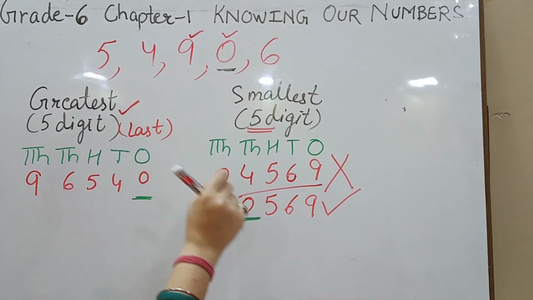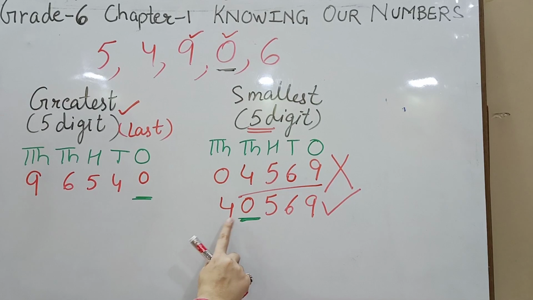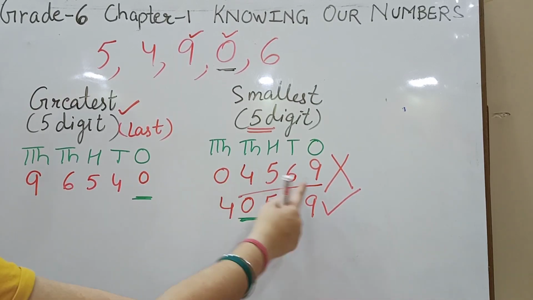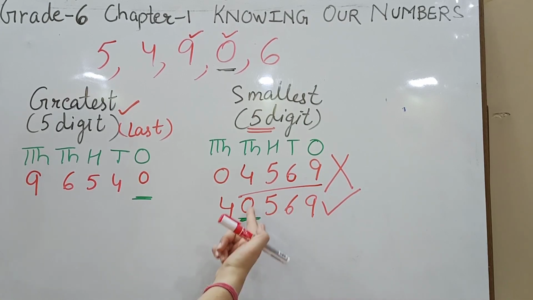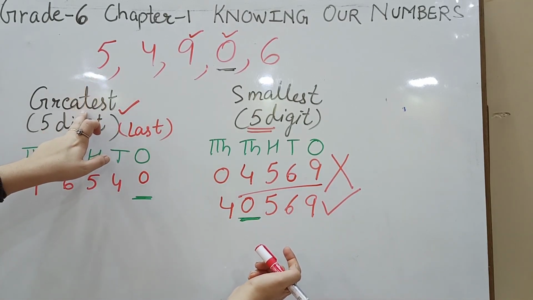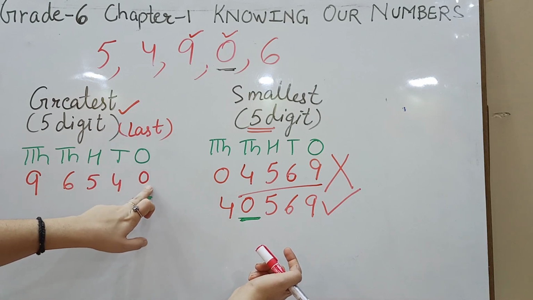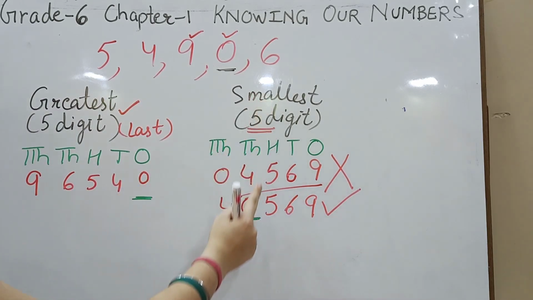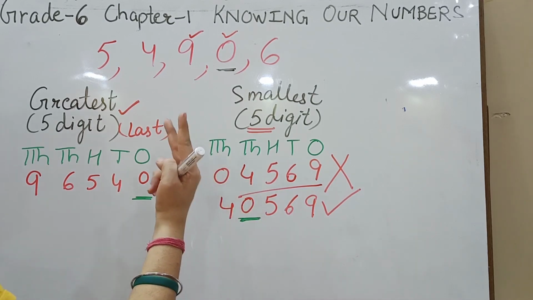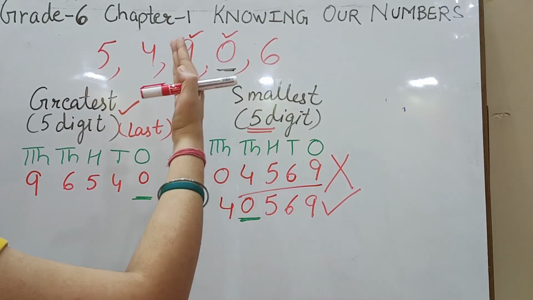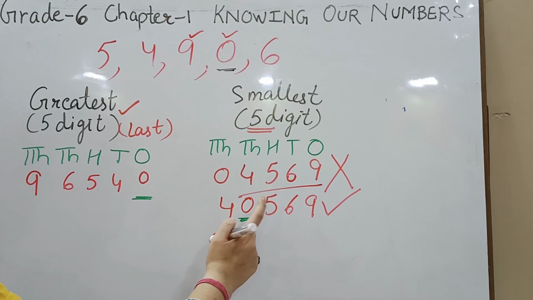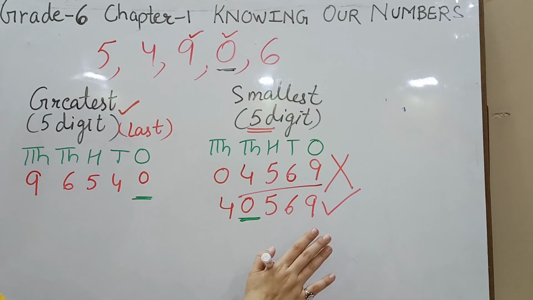But there is also one condition that whenever 0 is coming, you need to fix it, because if we follow the rule, then it will become 4-digit. It is not forming 5-digit. But if we follow the rule that whenever we are forming greatest, we need to fix 0 at the last place, that is ones place. And whenever we are forming the smallest, we need to fix 0 at the second place of the highest place value. Highest place value की second place पे आप 0 को fix कर दोगे. Now I hope the concept is clear to everybody.